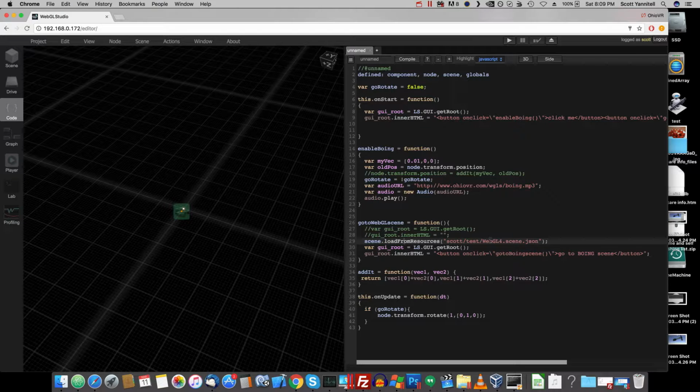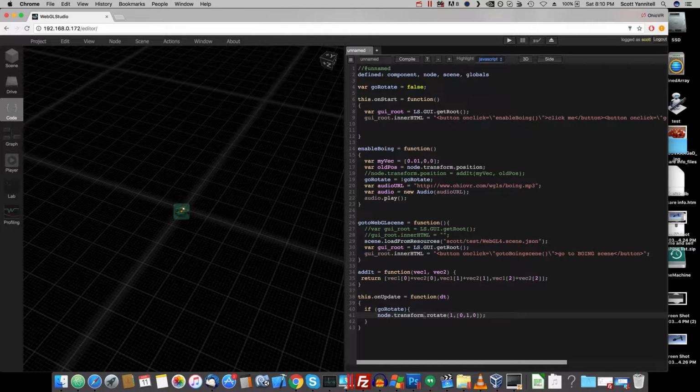Under go to WebGL scene, it loads a scene from resources, and the scene has a structure that's familiar throughout the program, where it says the name of the scene, what it is, a scene, and then .json, which is the contents of the scene, the file that the scene is. So then the GUI is changed a little bit upon clicking of the button to reflect the new scene that it's going to be in, and then on update, if you say enable Boeing, this property here, var go rotate, is normally off. When you press the button, it toggles between off and on, depending on what it is. And then down here on update, if go rotate is on, then